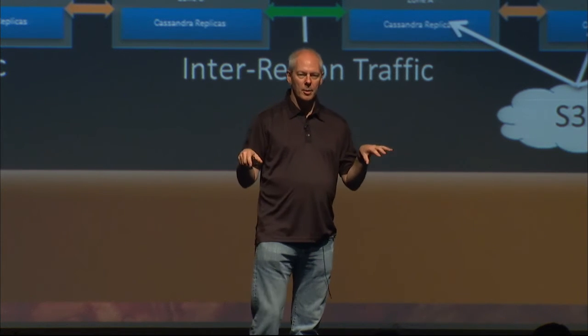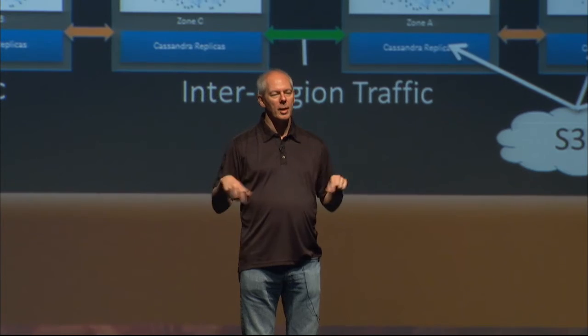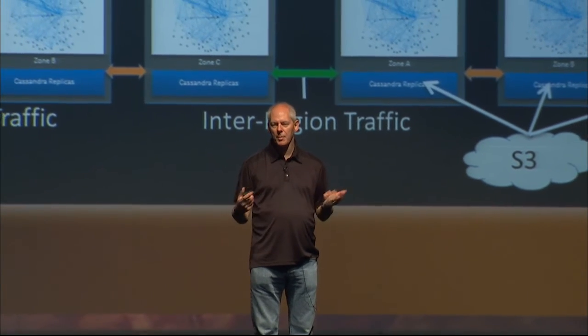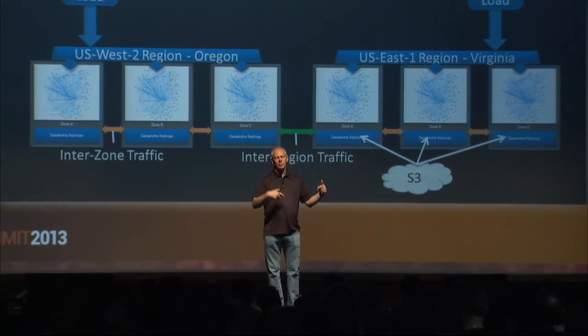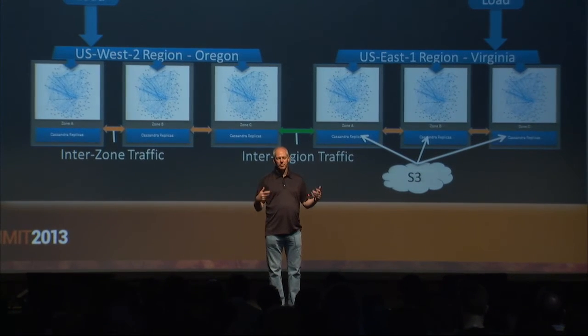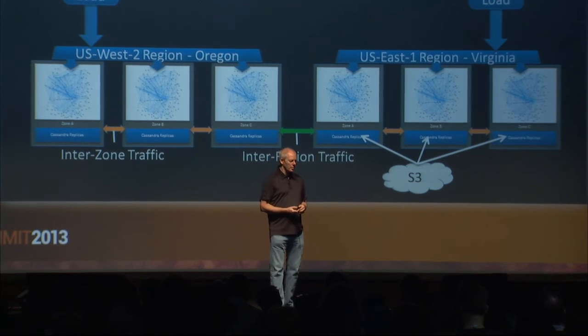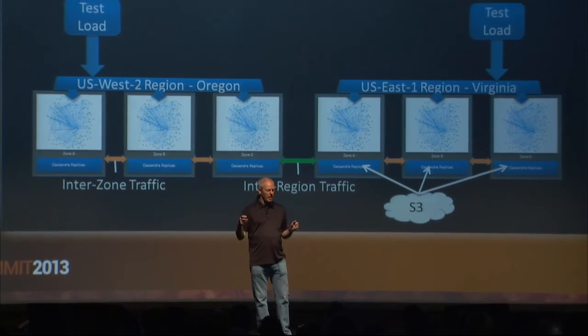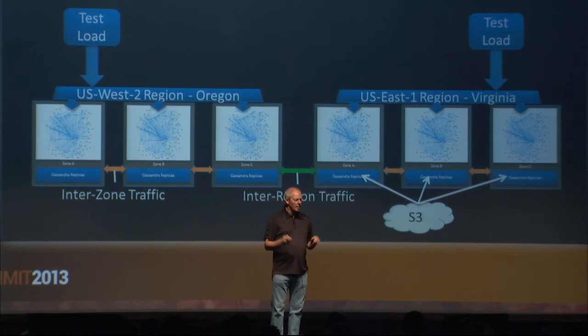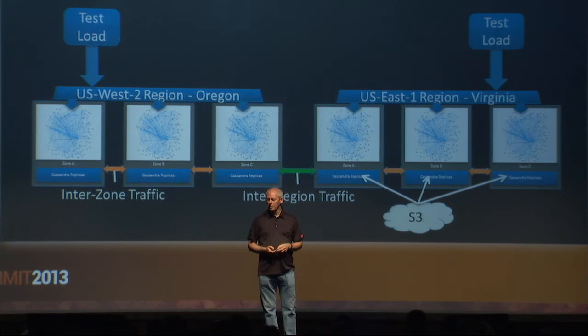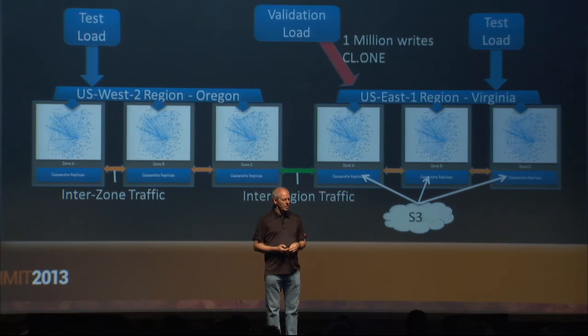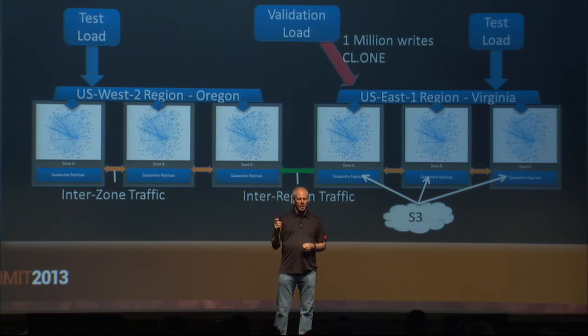Then we added test load that roughly matched what we currently do, and then a multiple of that. We were looking for something like three times the traffic level that we currently do on this data set, making sure that would work regionally. We want to be able to get through the Christmas peak with more capacity. Turns out that we had way more capacity than we needed. So this generates inter-zone traffic, because anything I write into one region is now being replicated within region and across, inter-region.